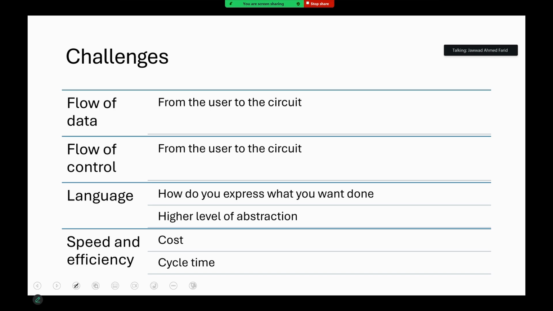This is a major issue for many people: how do you figure out the flow of information? And the flow of information is segregated in two separate parts. दो मुख्तलिफ हिस्से हैं उस flow के अंदर, जिसमें से एक हिस्सा deals with the flow of data. And ये flow of data user to the circuit, and then from within the circuit, from the RAM to the registers, and then from the registers to the processor, right? So this flow has multiple parts.